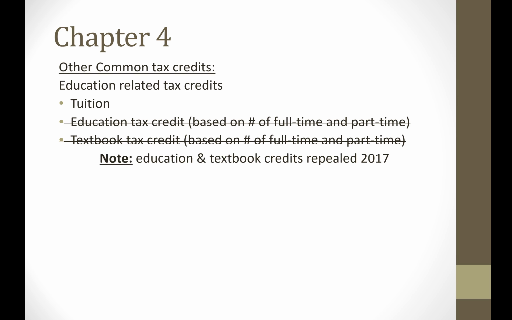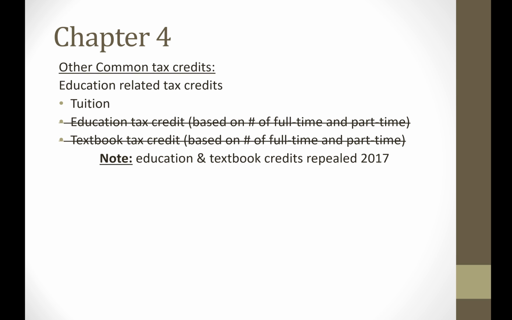The education tax credit and the textbook tax credit, those are no longer available from 2017 onward. So once again, just note that these two tax credits, the education and the textbook, the ones that are struck through on your screen here, those were available in 2016 and prior, but are no longer available from 2017 onward,